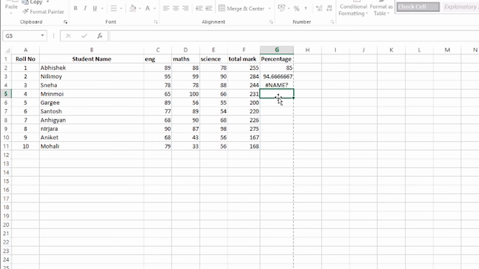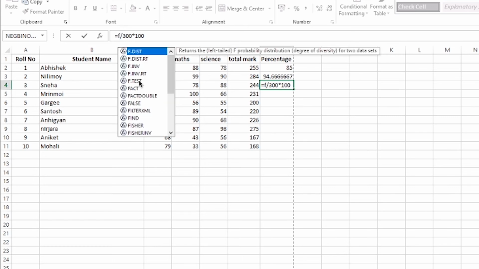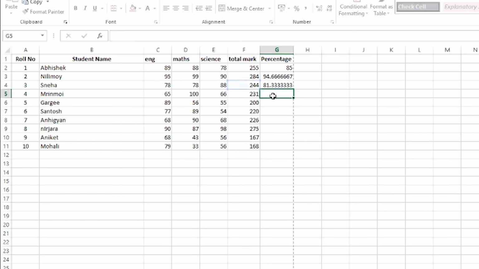Let's see, it's coming wrong. Why wrong? You are not getting any value. Here by mistake I have written F4 two times. So I give F4 only once, and let's see, 81.333. So this is the way to get this one.